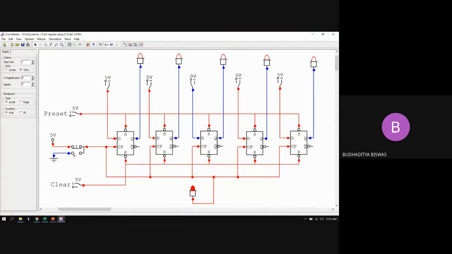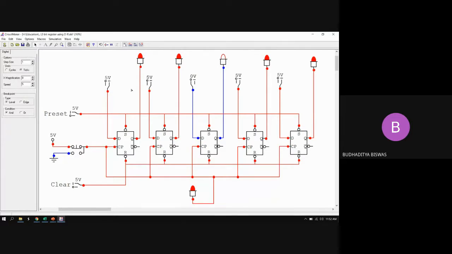Then we need to give a clock pulse. So on the occurrence of the clock pulse, the data which you want to store is stored inside the register, 11011, and it is reflected as the output. Output 1 means the 1 is actually stored inside the register. So in this process of writing the data inside the register, we need the help of the clock pulse. On the occurrence of the clock pulse, only then are the data stored inside the register. So that's why it is called synchronous loading.